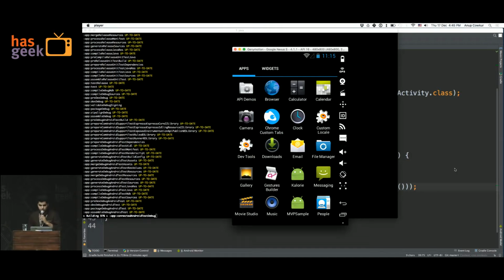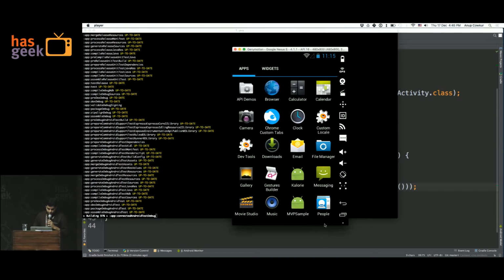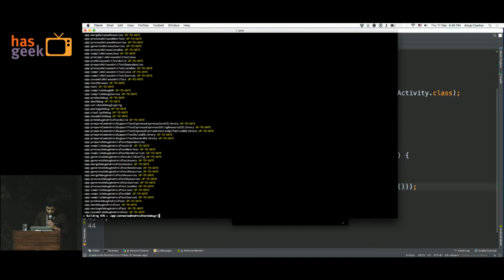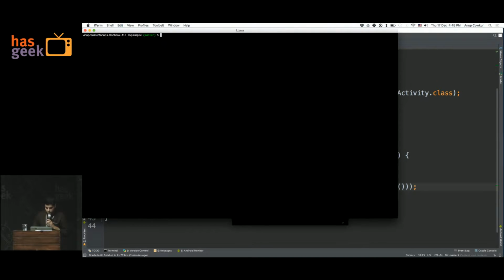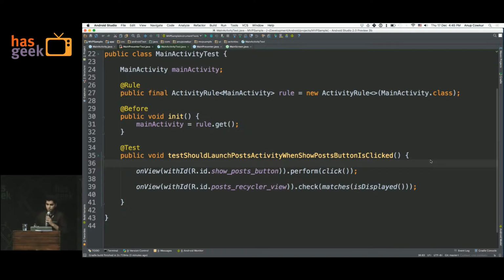This is what you get for buying a MacBook Air instead of a MacBook Pro. Yeah, the posts aren't loading really because of the internet, but it's fine. We'll assume it passed.